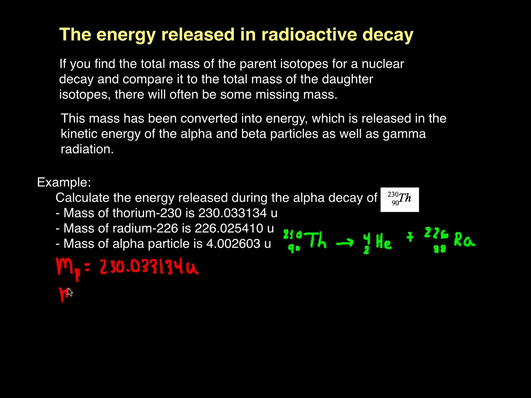The mass of the daughter nuclei, or the mass of radium, 226.025410, plus the mass of the alpha particle, which is 4.002603,